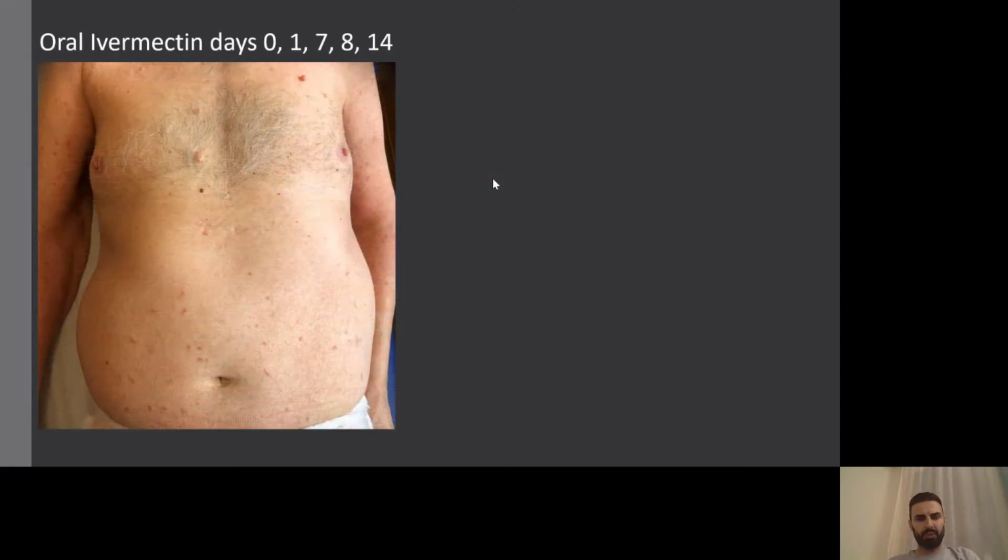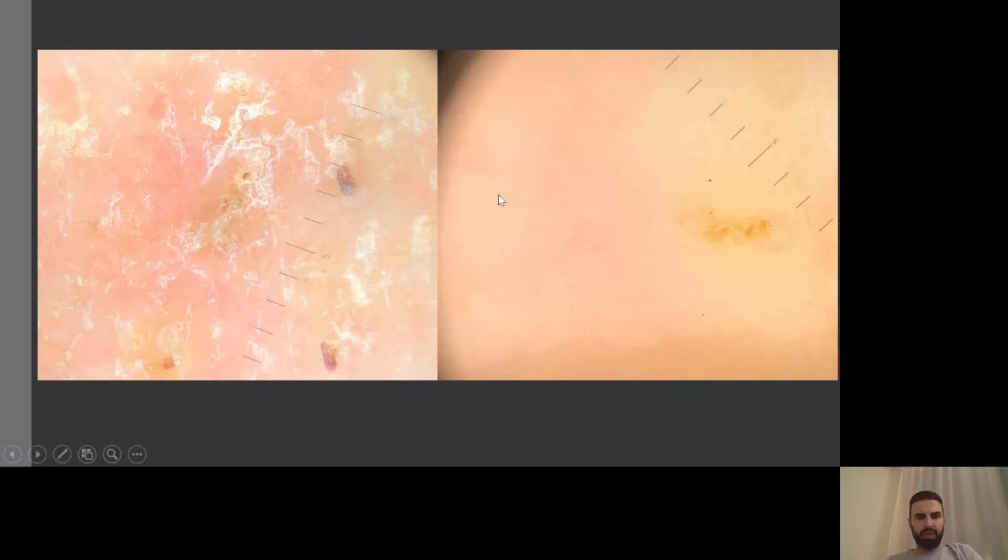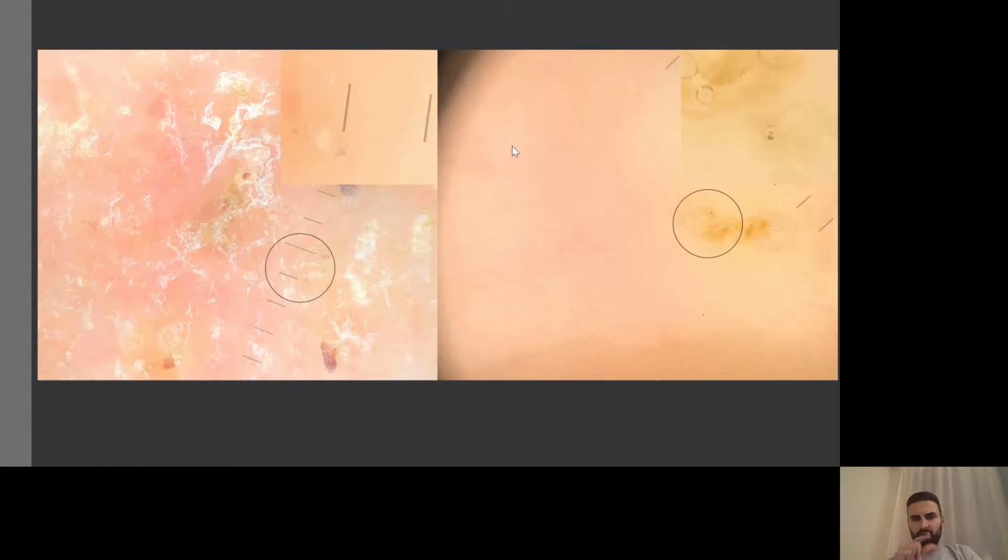We treated this patient with several courses of ivermectin given orally, and these are the results. Basically, we can compare pre and post treatment, and we can see that in the post treatment image we just have an amorphous structure, but not the brown triangle that we could see at the beginning of the treatment. So if we use our dermatoscope and also our smartphone, we can zoom a little bit and see that we don't see